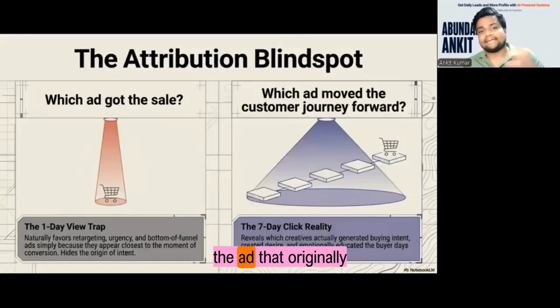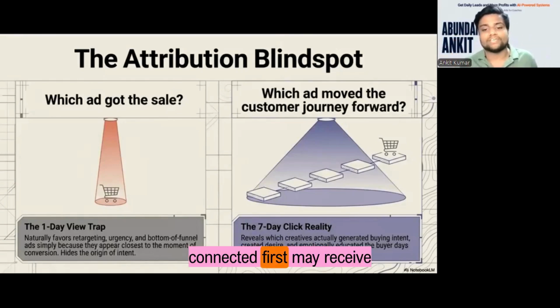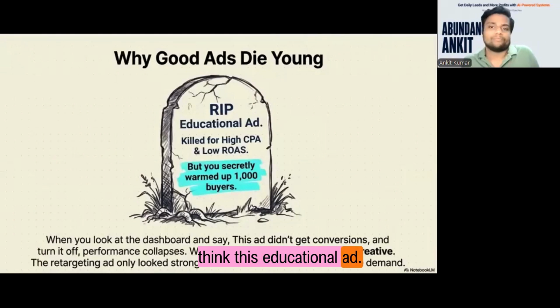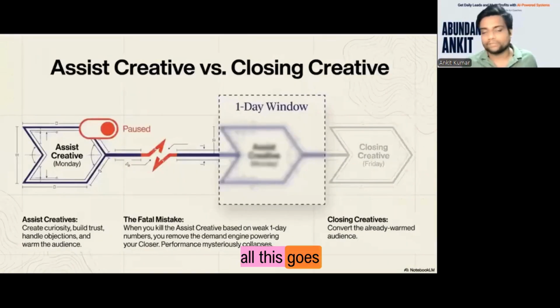But the ad that originally got their attention, created desire, built curiosity, educated the buyer, and emotionally connected first, may receive less visible credit, as you can see. So advertisers look at the dashboard and think, this educational ad brought weak ROAS and high CPA, so I should close it. Not enough conversion, so let's close it and bring in the results. But suddenly the results tank, and all of this goes away,